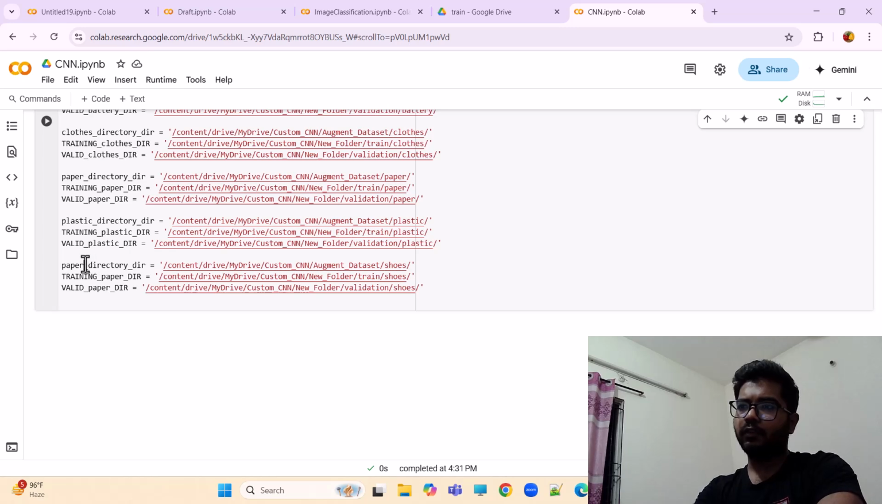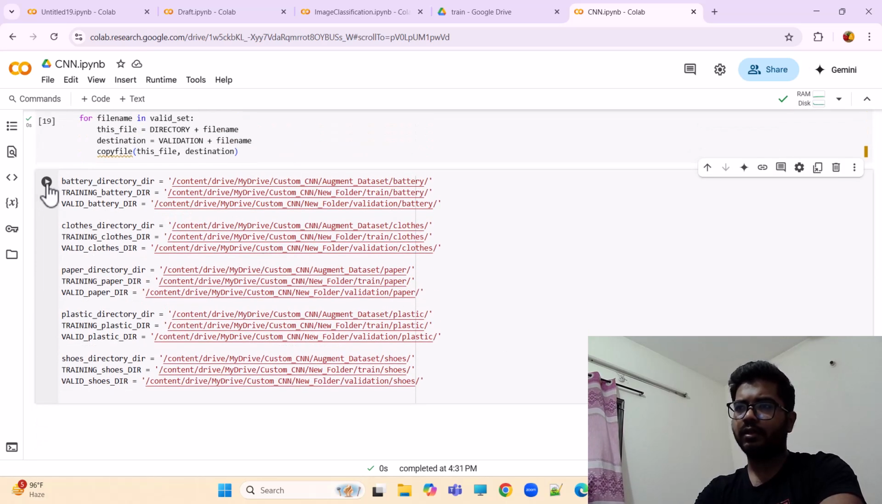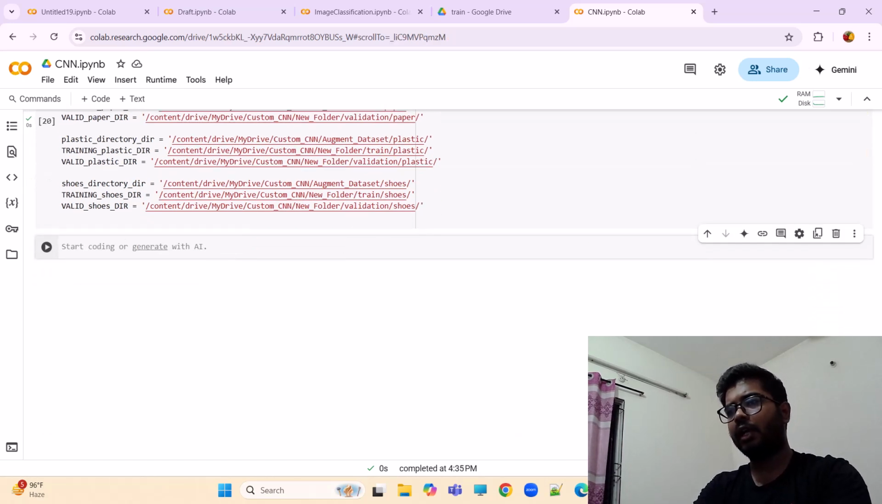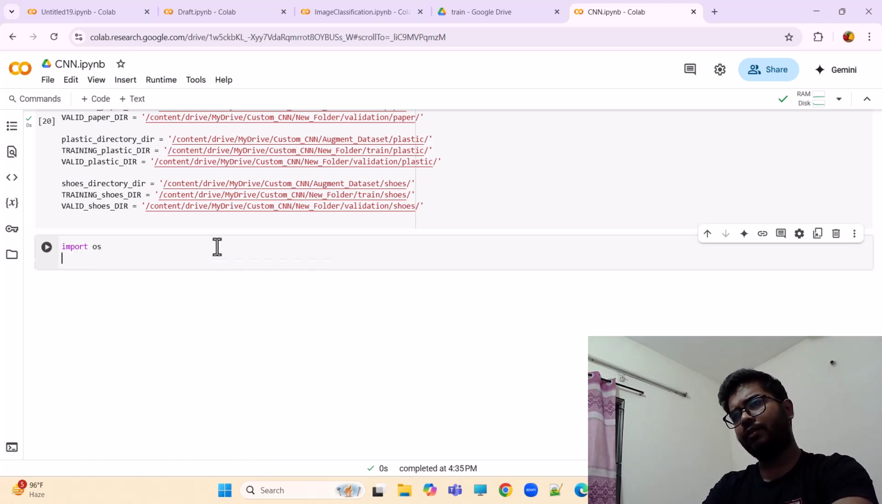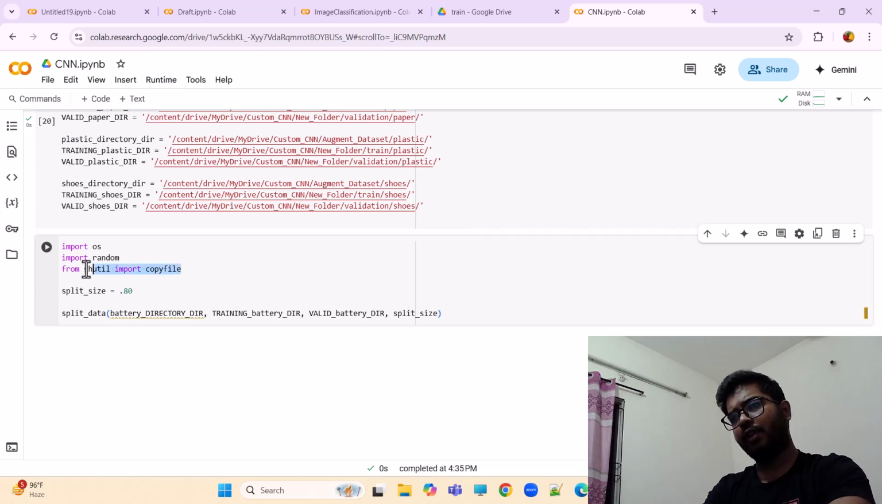I repeat, if you have a large dataset, you don't need to augment your dataset. You just keep your main dataset and do this after creating the train and validation folders. Okay, so done. Now here I will import a library which is really useful for splitting the dataset. The library is from shutil import copyfile. This one. This is the split size. So I want,